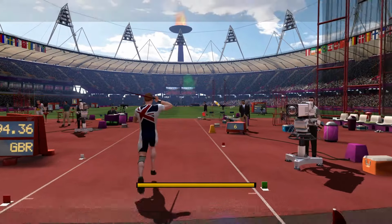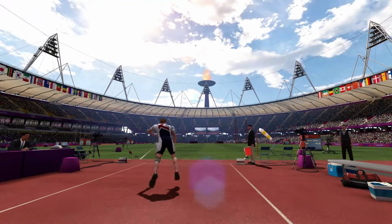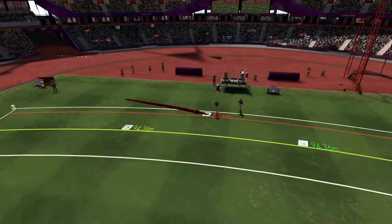Well, here we go then on the runway. We'll look to launch this one. This could be big. This could be very big. Well, history being made, and this athlete will now enter the...